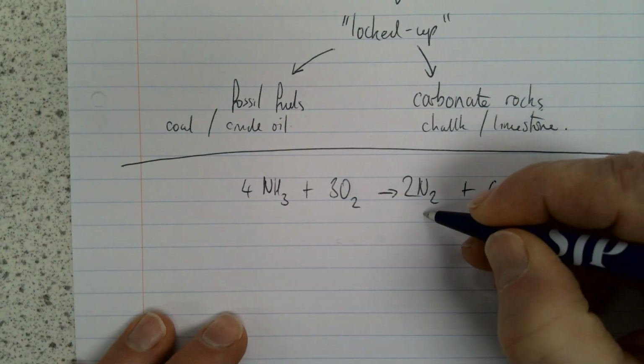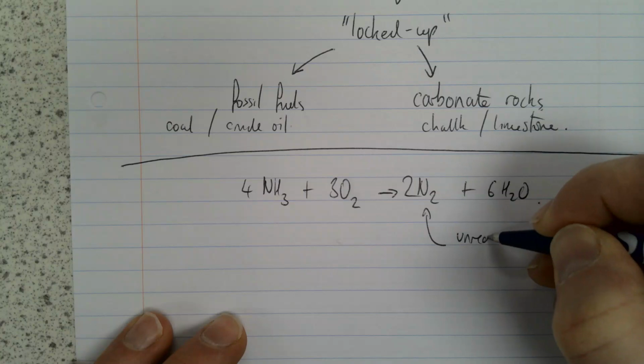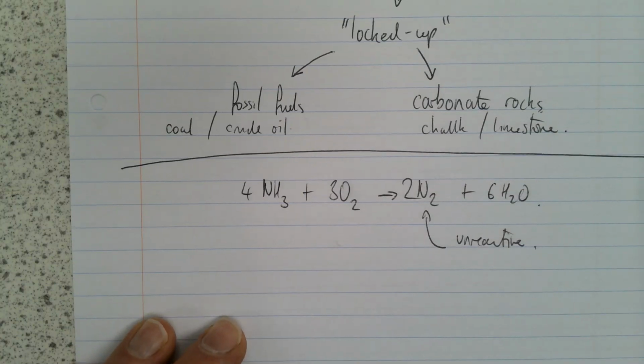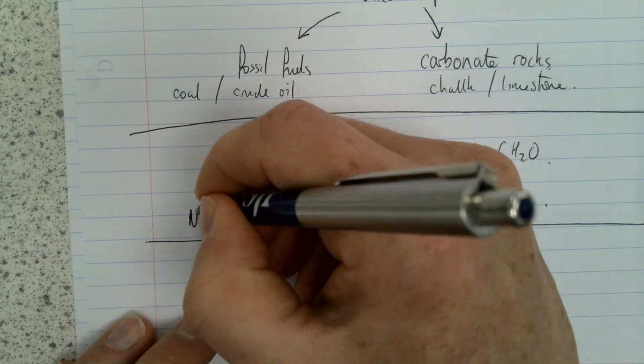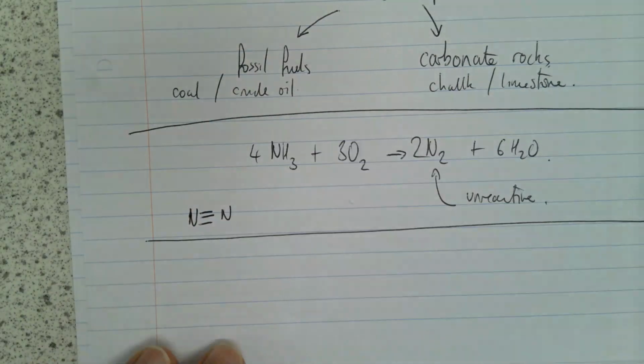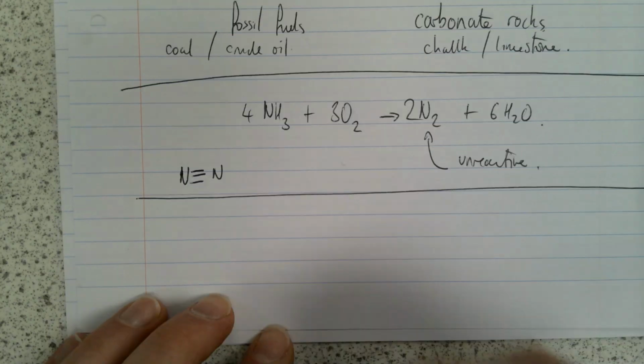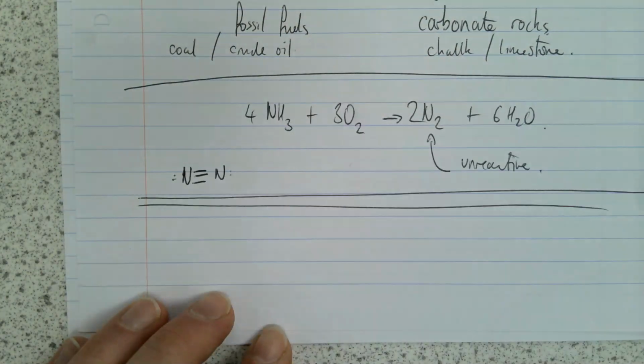One thing to say about nitrogen, it's really unreactive. So the nitrogen that was in the early atmosphere from the volcanoes and the nitrogen that was produced from the reaction of oxygen and ammonia, it's probably just still sitting in the atmosphere, which is why such a large proportion of our atmosphere is nitrogen, because it really doesn't do very much. It doesn't react very much. Okay, so there are some things that it does, but it's quite unreactive, and that's really thought to be to do with the fact it's got this very strong bond that makes it kind of stable, this triple bond that you've just drawn when we did our little breakout.